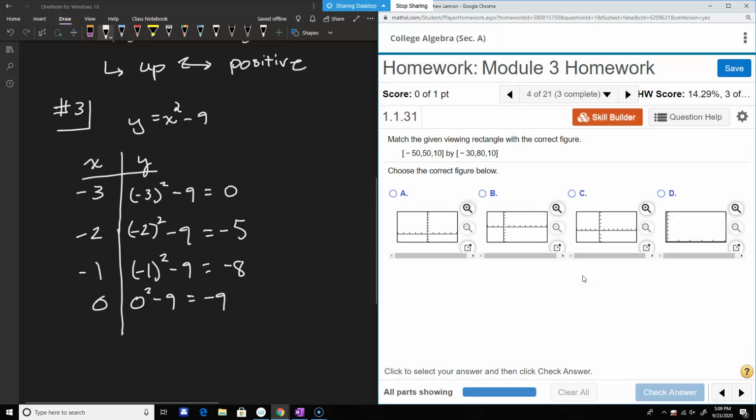This viewing rectangle question is kind of dumb. It's more pertinent if you're used to working with a graphing calculator, which, obviously I think Desmos is a better resource for graphing, which is just an internet website. But what's going on here is